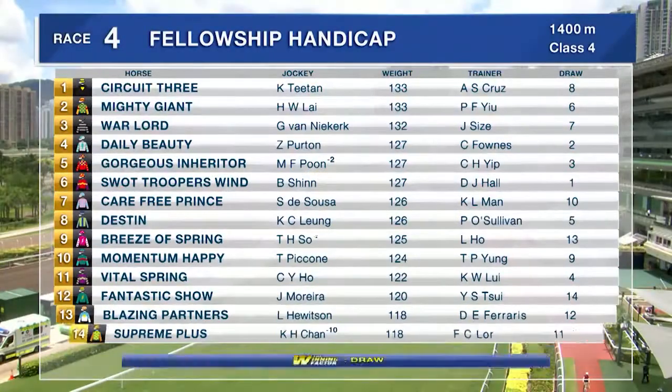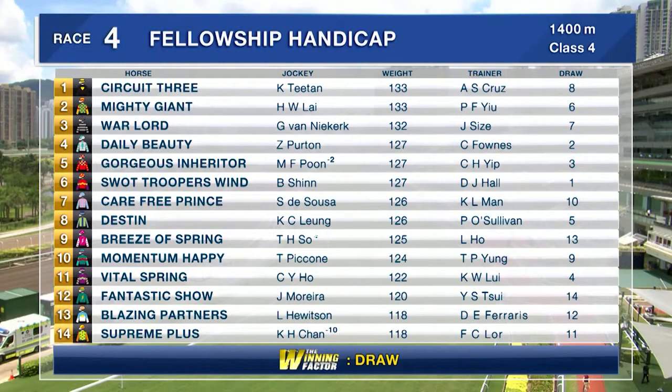Well, Sunday racing this week at Sha Tin, Group 1 racing, but we're going to look at a couple of races from the support program, and the first we're going to look at is race 4. Our winning factor here, the draw. And the horses that stick out for me in this race are Circuit 3, who made a good